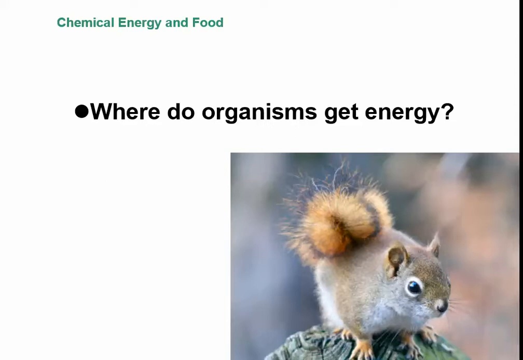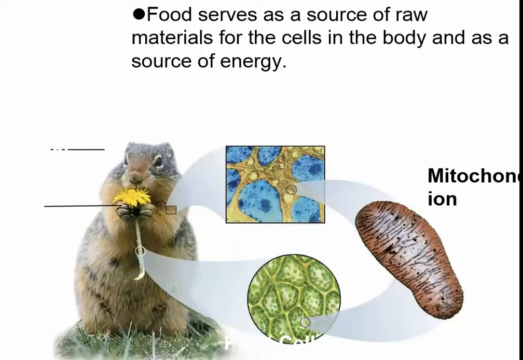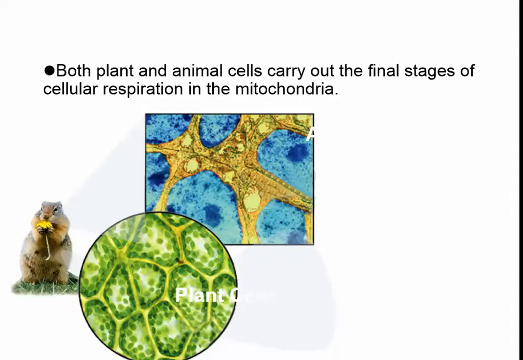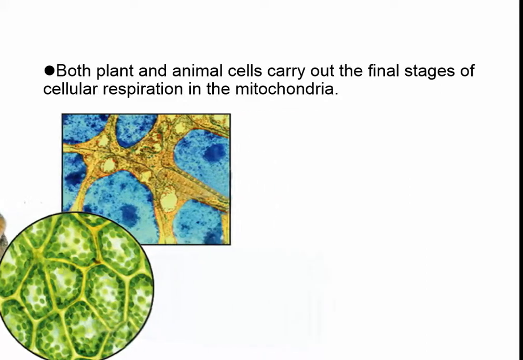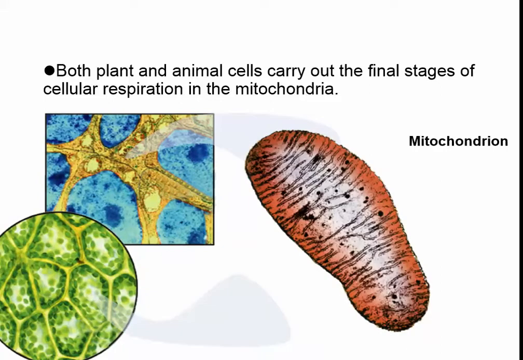So we know that organisms get energy from food. So for instance, we have this organism here that's getting ready to eat a flower, and we know that in plants there's glucose. Well, how does that glucose get into your cells, and how do your cells convert it into energy? Well, we know that energy is produced in the mitochondria,